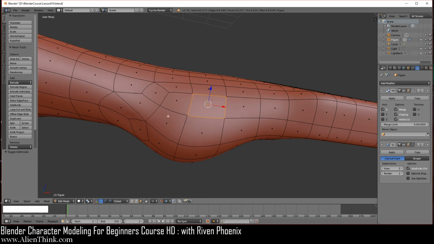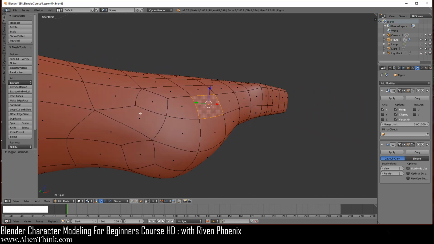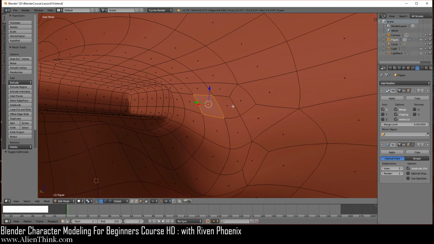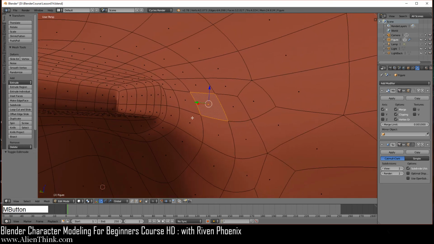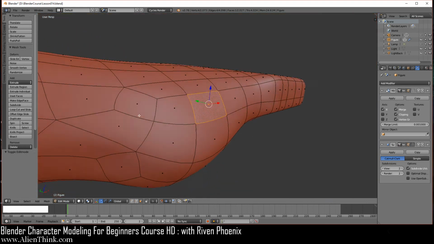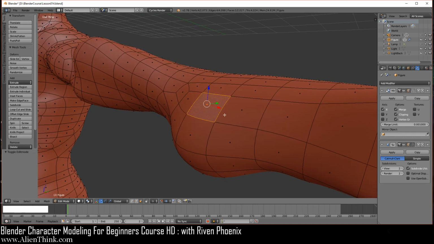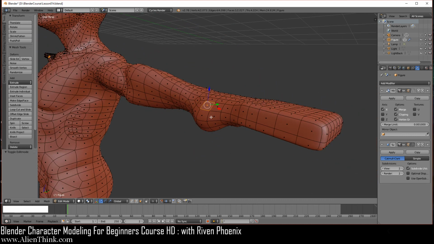Okay, now if you do the middle mouse button and rotate, notice that we get to travel inside our object. So this is a really powerful feature in Blender, because what this means is that you can actually get inside your 3D model and start manipulating the vertices, the edges and faces into really tricky areas in your 3D model, right? So make sure you understand how this feature works in Blender. Okay, so that's the first thing that I want you to know about.